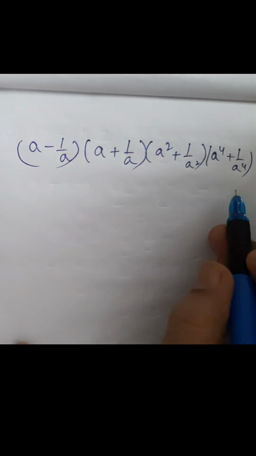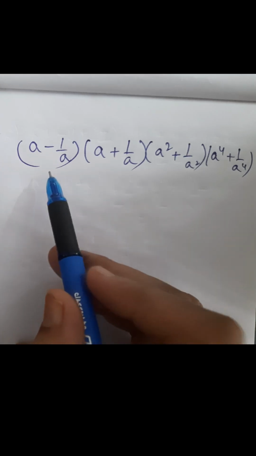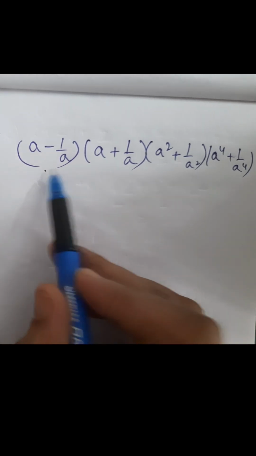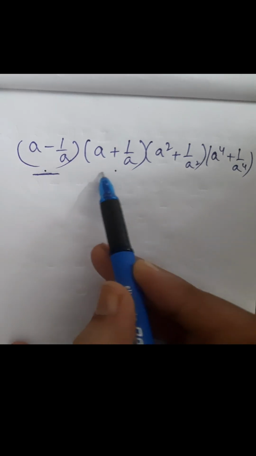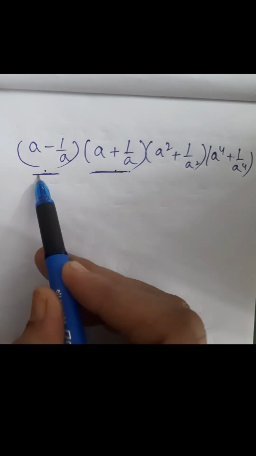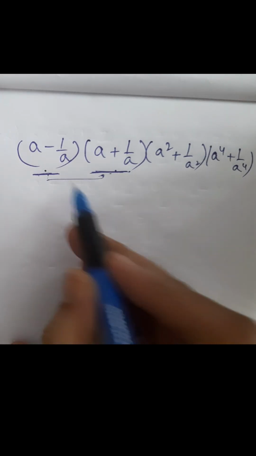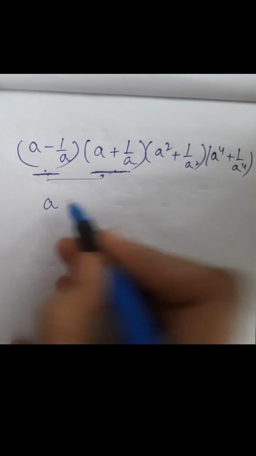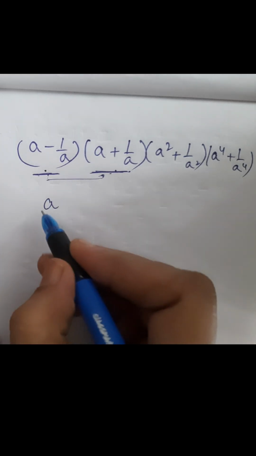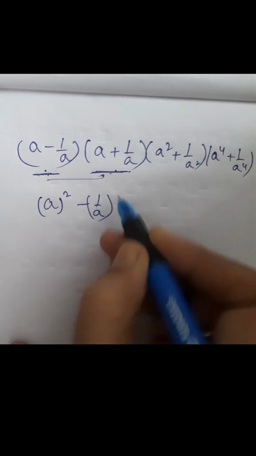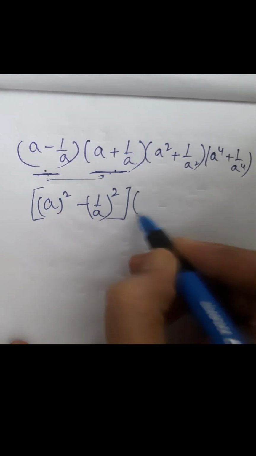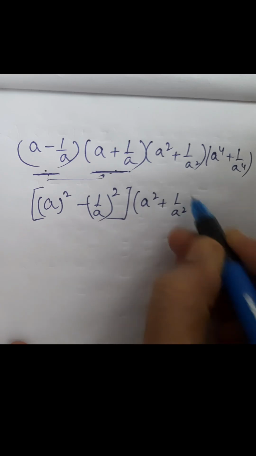For this type of question, we need to find out which is the lowest term and where plus and minus terms are there. So here we can see that there is an a minus b and an a plus b term. So first we are going to combine them. A minus b times a plus b is a square minus b square. So let's convert them into the identity, a square minus b square. Now copy out the rest of the things as it is.